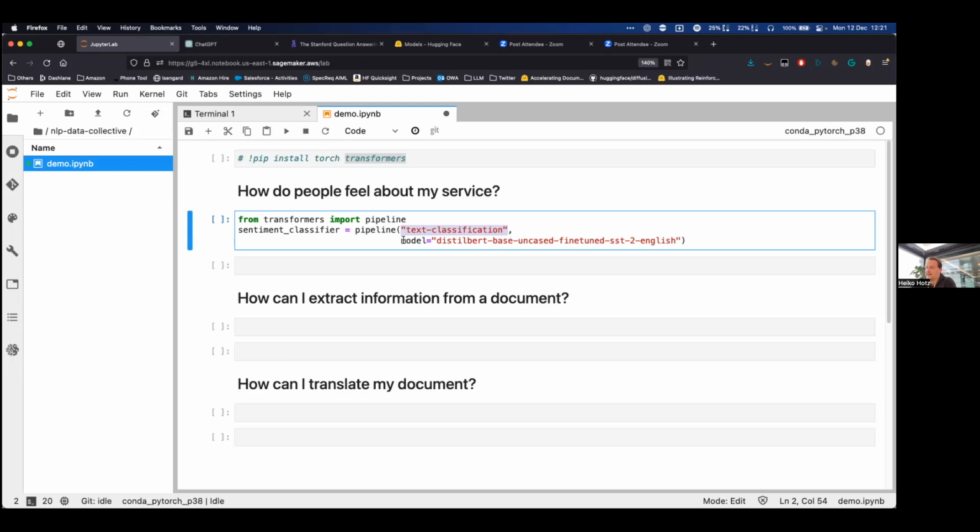Now, the second line here is this model. This is one of those open source models that I mentioned from the Model Hub. And how do I know that I need to use this model? Well, in order to know that, I would have to